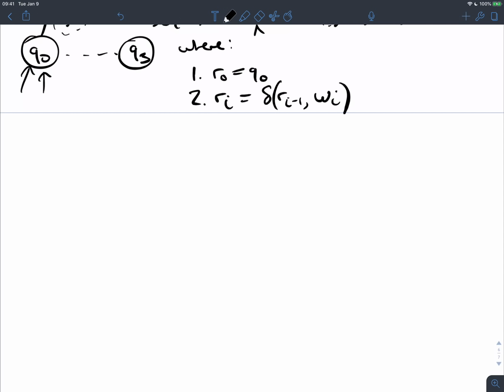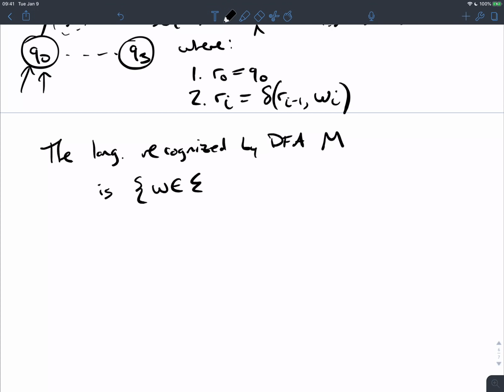So the language recognized by DFA M is what you might expect. All the strings that the machine M could be fed, such that M has an accepting